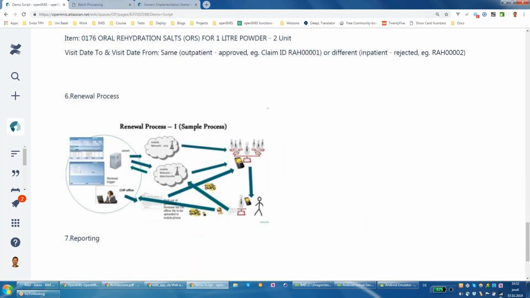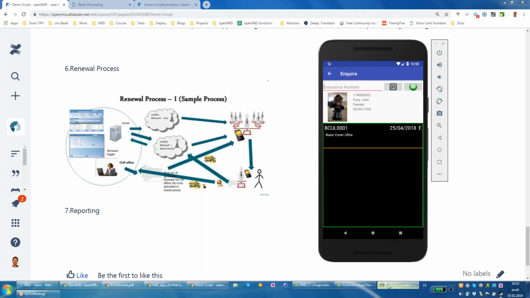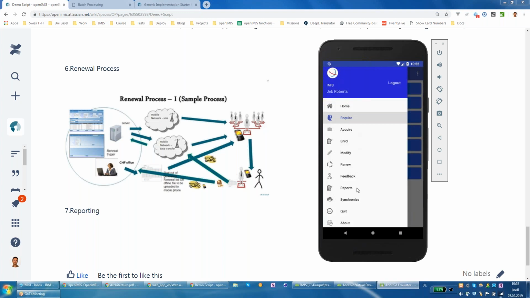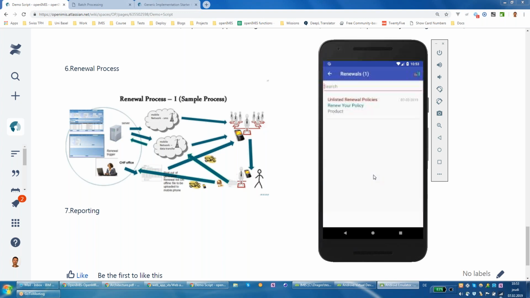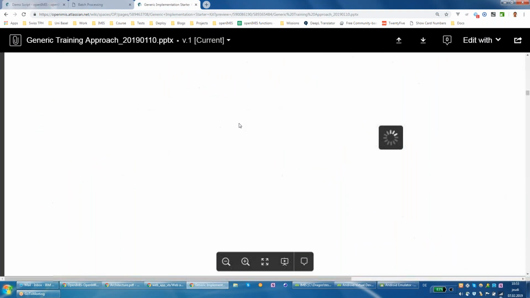Then just very quickly with regard to the renewal, renewal is also a process now that gets triggered on the server side. So there's again different ways. There were SMS, etc. initially, which were being sent to the enrollment officer, but now it's more and more onto the mobile app that you have a list basically which you get. That's okay. For this particular person, probably there is no policy currently to renew, but it's basically